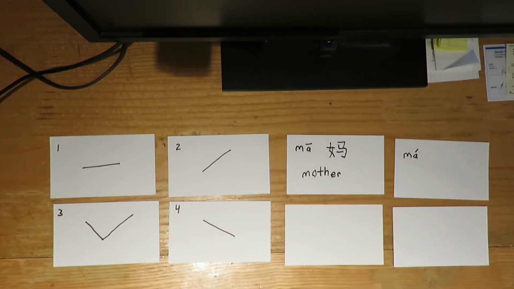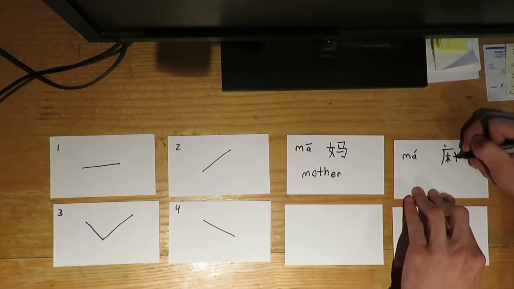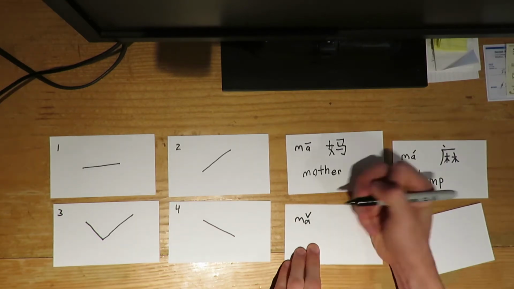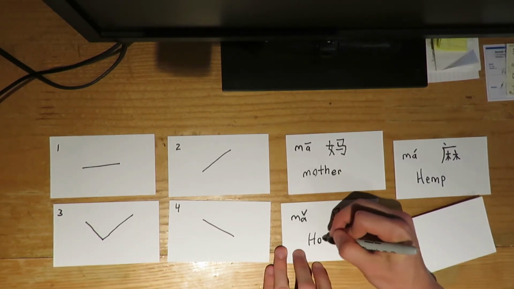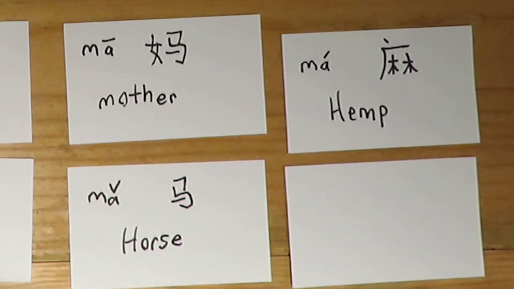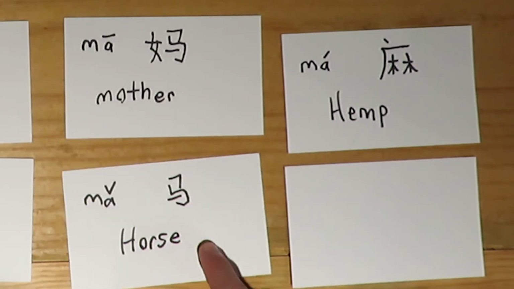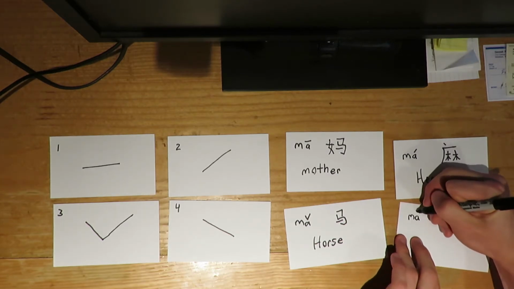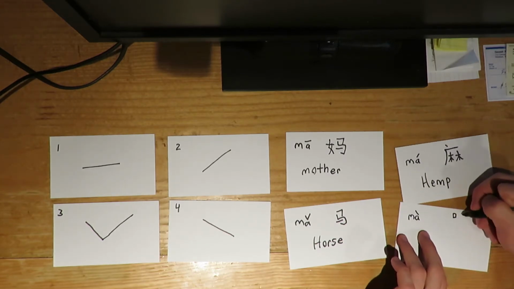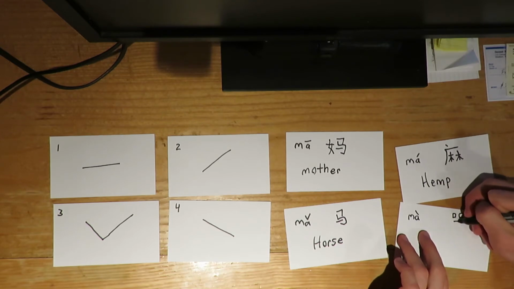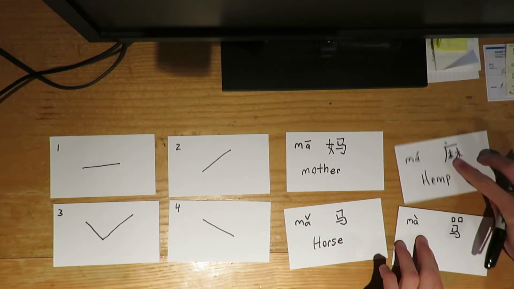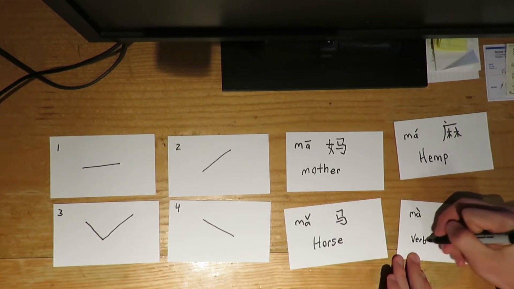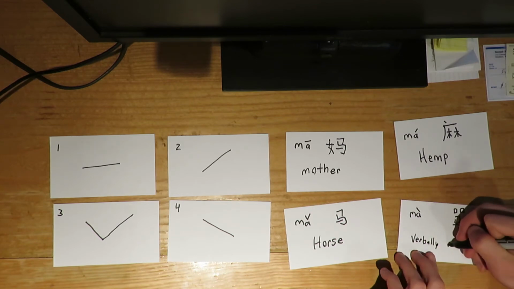Okay, for the second tone, for the rising tone, ma, that is actually technically hemp. The third tone, ma, is horse. So beginners could actually say horse when they intend to say mother. So it could be a little iffy there. But the thing about Chinese people, in my experience anyways, is that they're very forgiving. So I wouldn't worry about screwing any of these tones up if you plan on practicing any of this with your Chinese friends or anyone you meet that can speak this language.